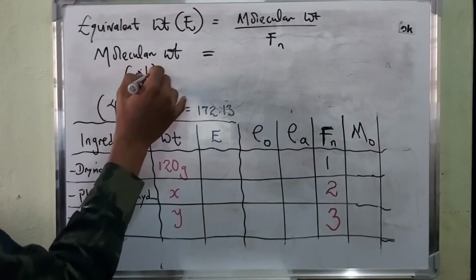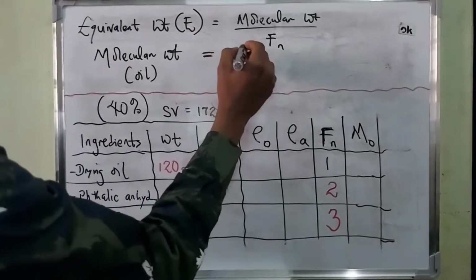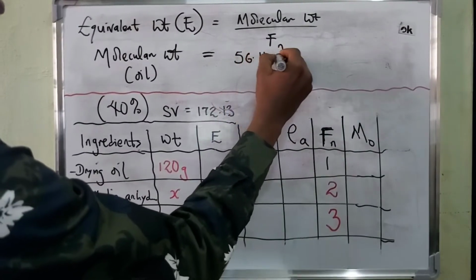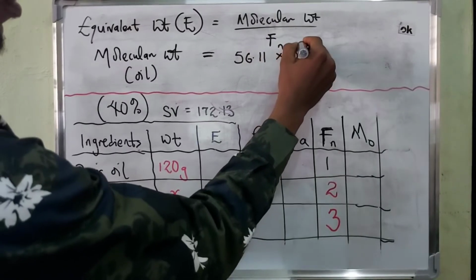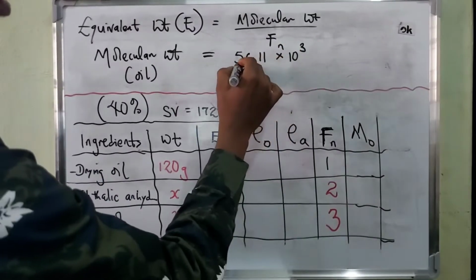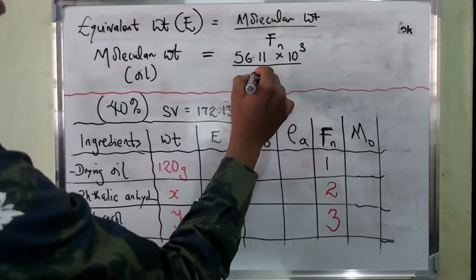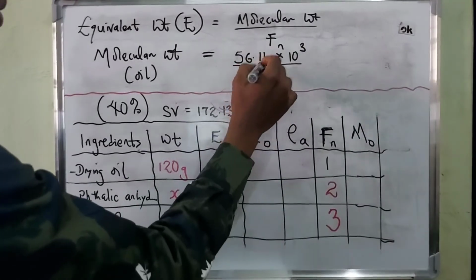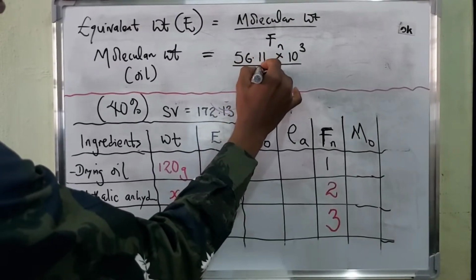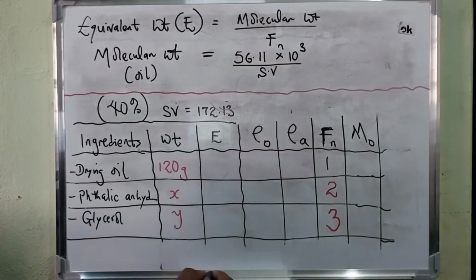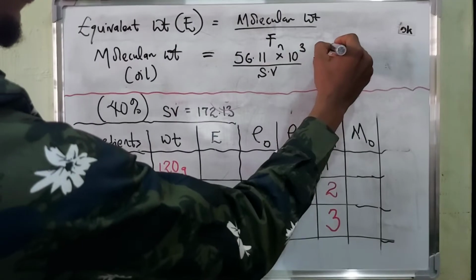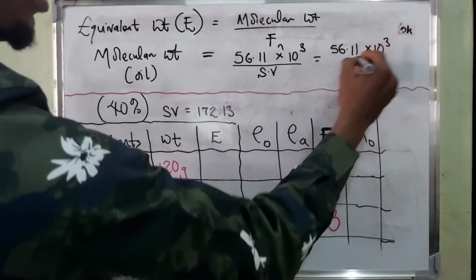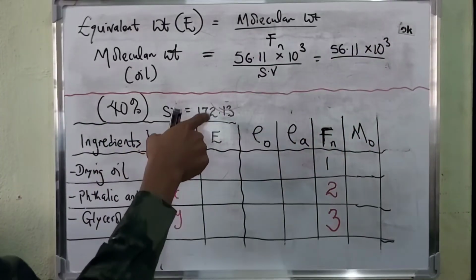This is for the drying oil, and the formula is 56.11 times 10 raised to the power 3. This is a factor, divided by the saponification value, which we've determined earlier, SV. For this, we have 56.11 times 10 raised to the power 3 divided by the saponification value, which is